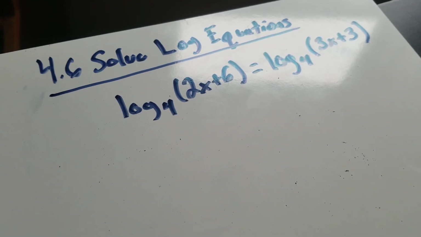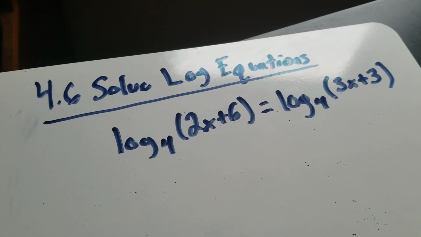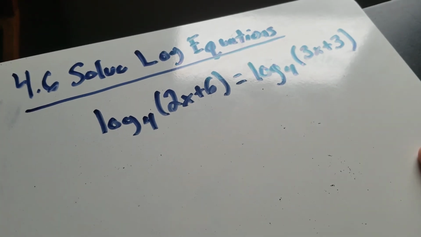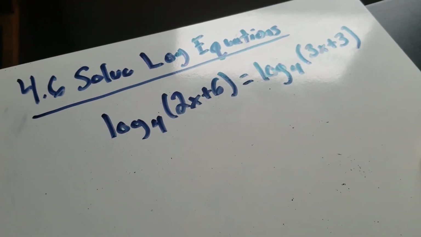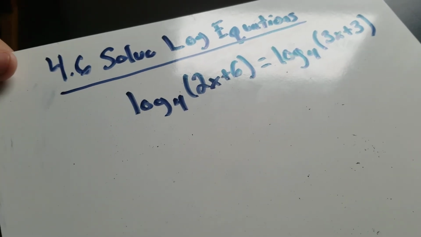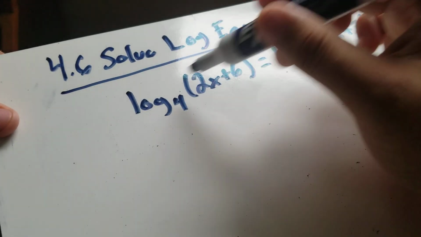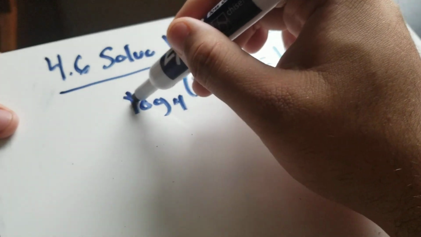So you could pause to write this equation down. If you don't see it, it's log base 4 of 2x plus 6 equals log base 4 of 3x plus 3. Now, kind of like those questions from before, this only works if the logs are exactly the same. If the logs are exactly the same, that's good, because since these are both on the same side of the equal sign, I'm allowed to cross this off